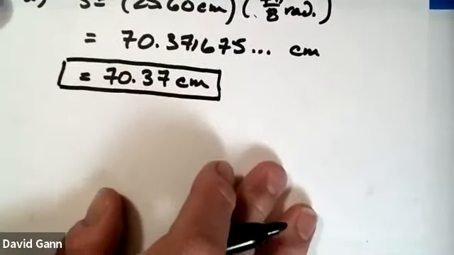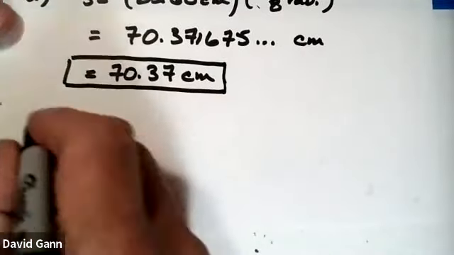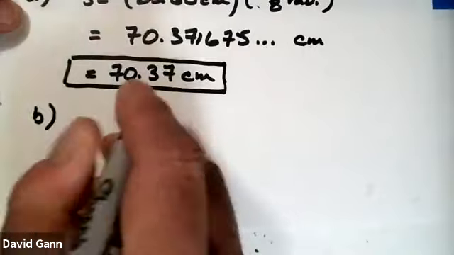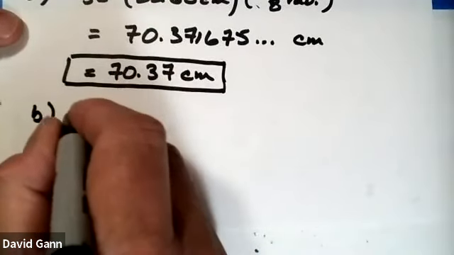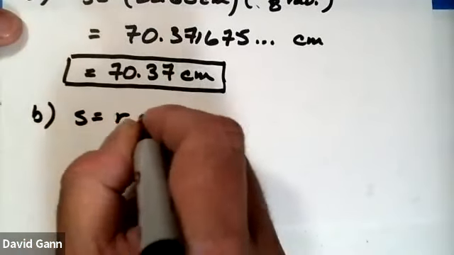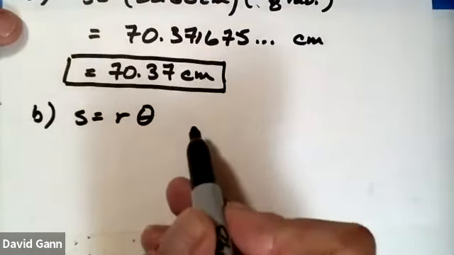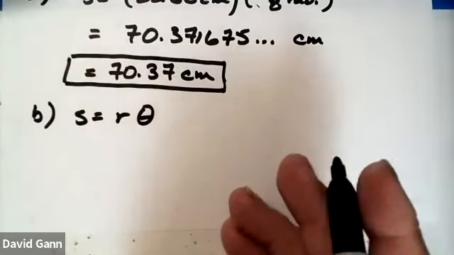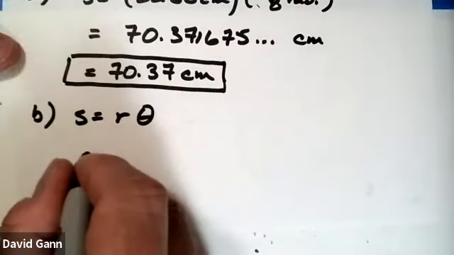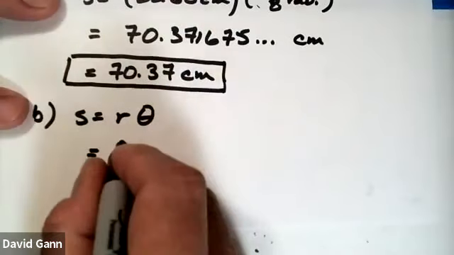Okay, let's try the second one. So B, we have S equal to R theta, and I'm not going to write it here, but it is in radians. So the equation is, again, it's the same radius, so